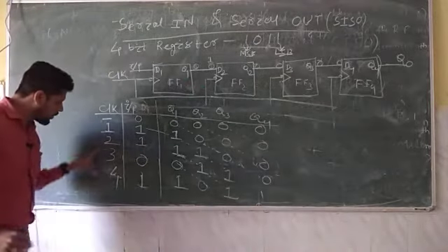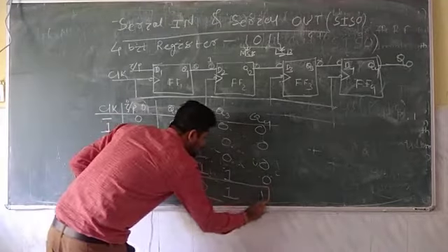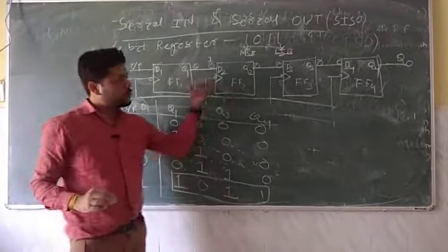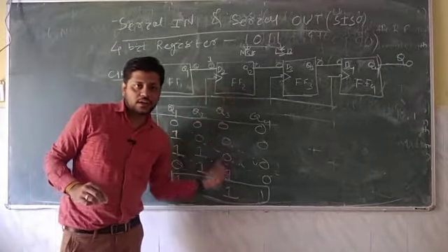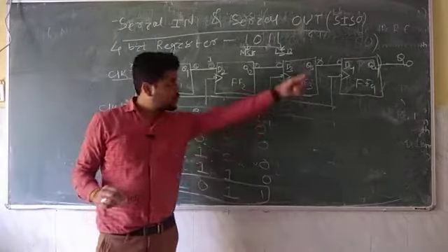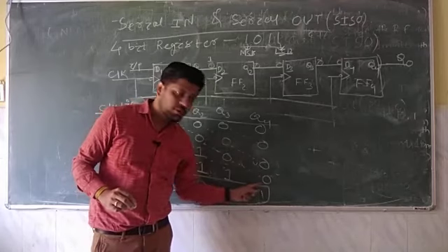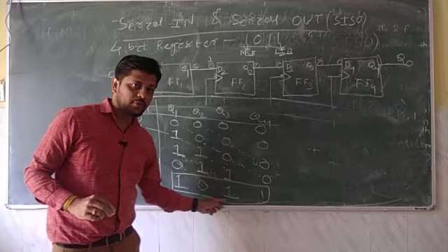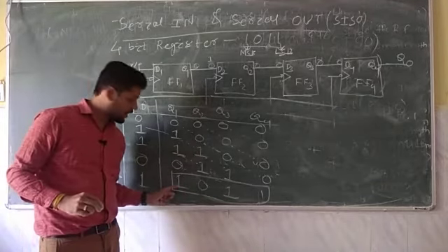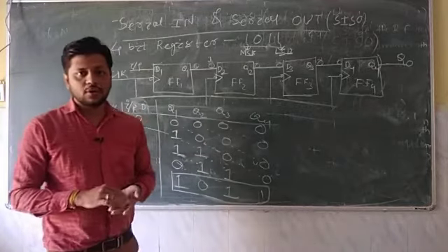So after how many clock pulses are we able to get that output? This is your storing, that is 1 0 1 1. So this is how you store, you are entering your data 1 0 1 1 serially. Now in the next clock pulses we will get the output from the output side. In the fourth clock pulse we will get the output as 1. Then in the fifth clock pulse we will get the output as 1. In the sixth clock pulse the output is 0, and in the seventh clock pulse we will have the output as 1. So this is how to design a serial in serial out register.